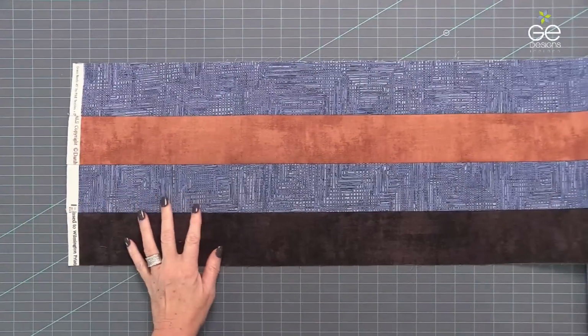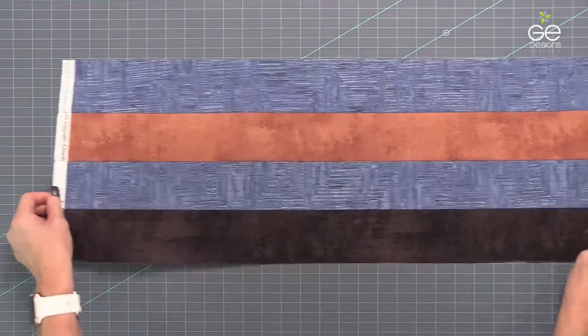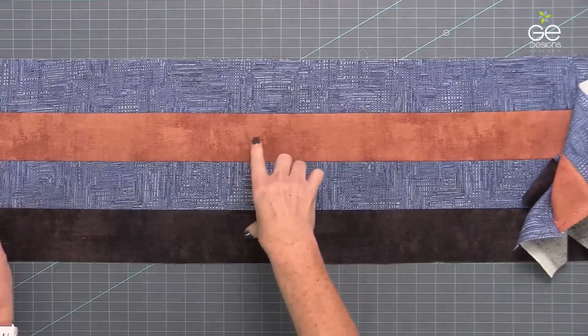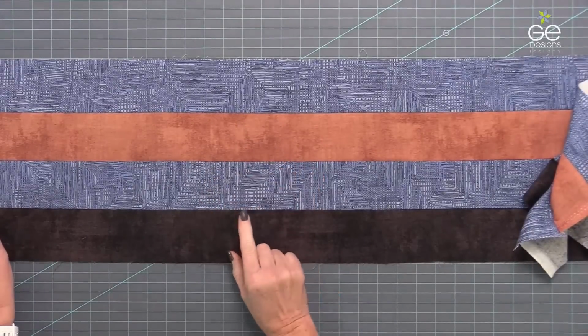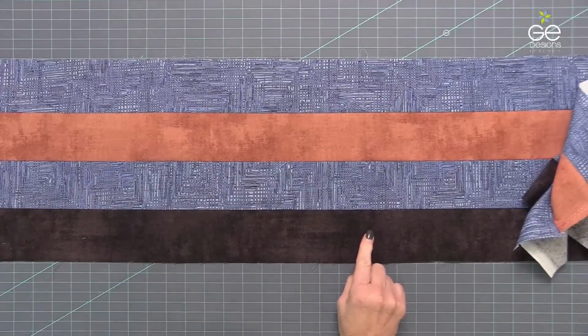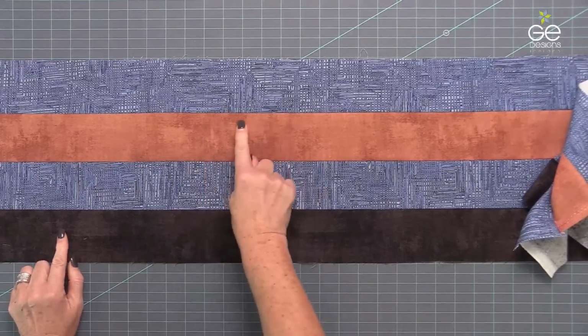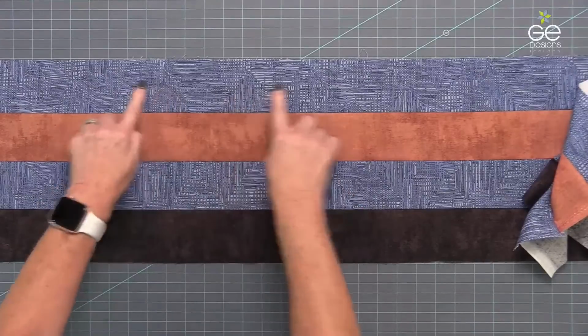In this first part of the quilt along, we're going to be working on blocks 1 and blocks 2. There are 2 different versions of block 1 and 3 of block 2. So starting with block 1, we're going to be making strip sets. So this is why it was important for you to make sure you know which fabrics are what if you're using the 4 different fabrics. So I have color 3 here on the bottom, and then color 2 here in the middle, 2 background strips